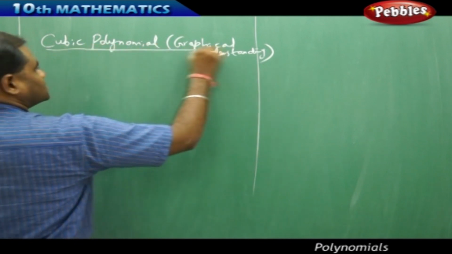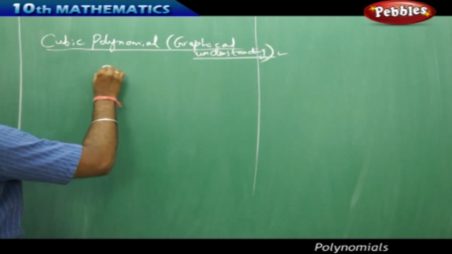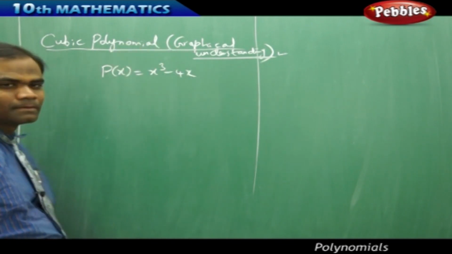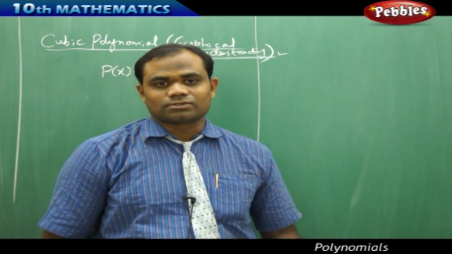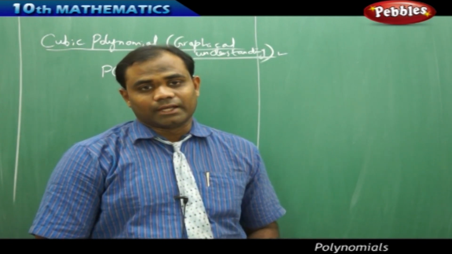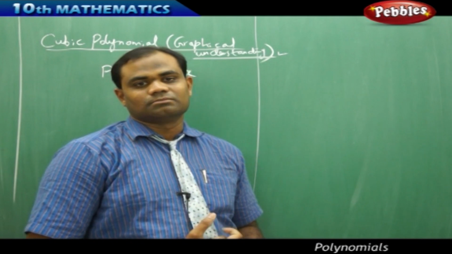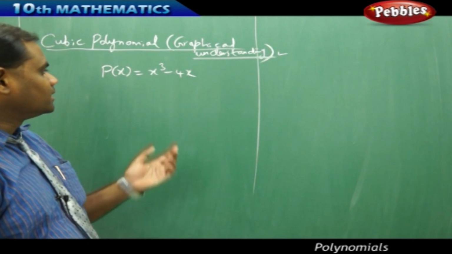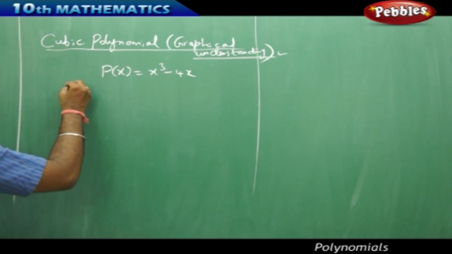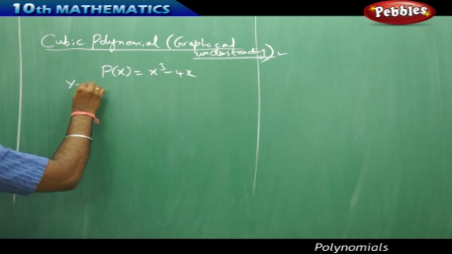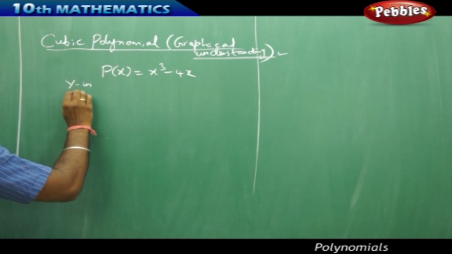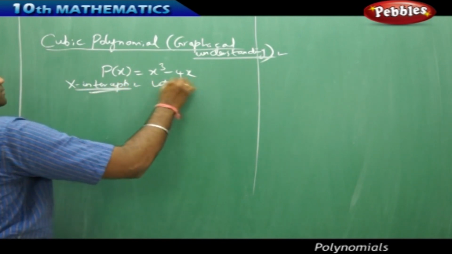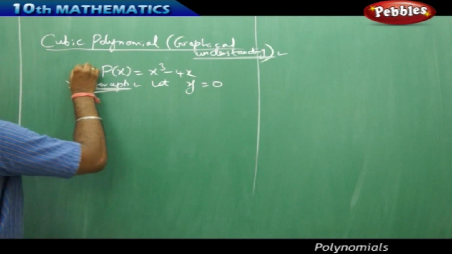So let me take an example cubic polynomial, say p of x equal to x cubed minus 4x. Now that we have discussed the zeros or the x-intercepts and y-intercepts, I directly draw the table of values before I start with this. Now, as I see this, I clearly understand that I can find my x-intercepts, and I can find my y-intercepts. I can find my x-intercepts first by letting y equal to 0, where y is equal to p of